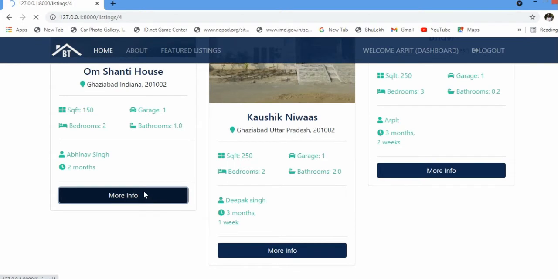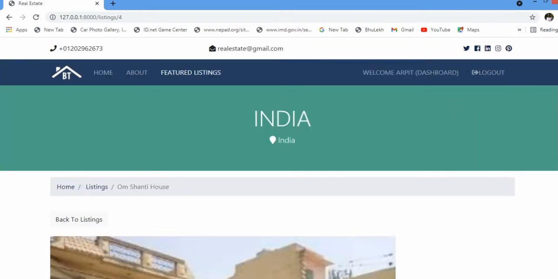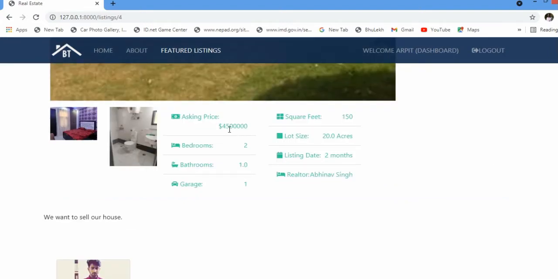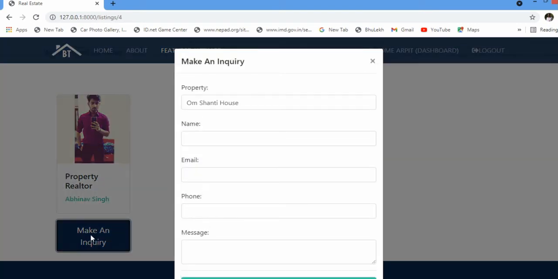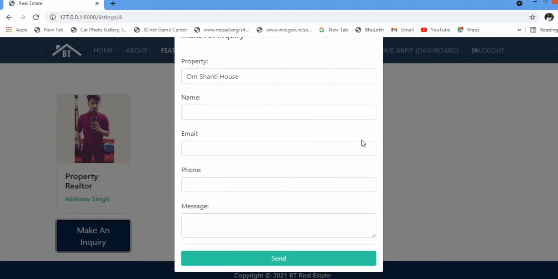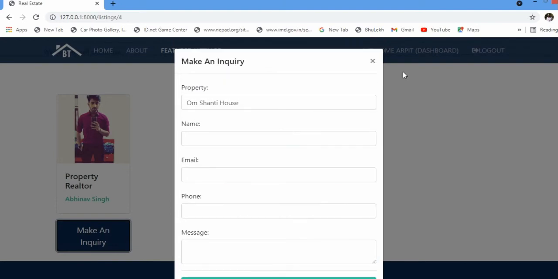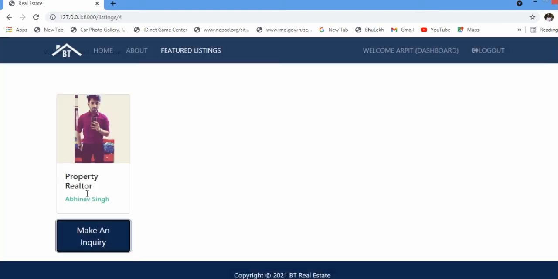In this we can go for more information, and here we can see the asking price is 45 lakh, the square feet is 150, the bedrooms are 2, bathrooms are 1, and garage is 1. The realtor is Abhinav Singh. If one wants to ask about this property, he can just make a query for the property Om Shanti house with his name, email, phone number, and a message, and by this he can make a query to the realtor, and the realtor for this property is Abhinav Singh.